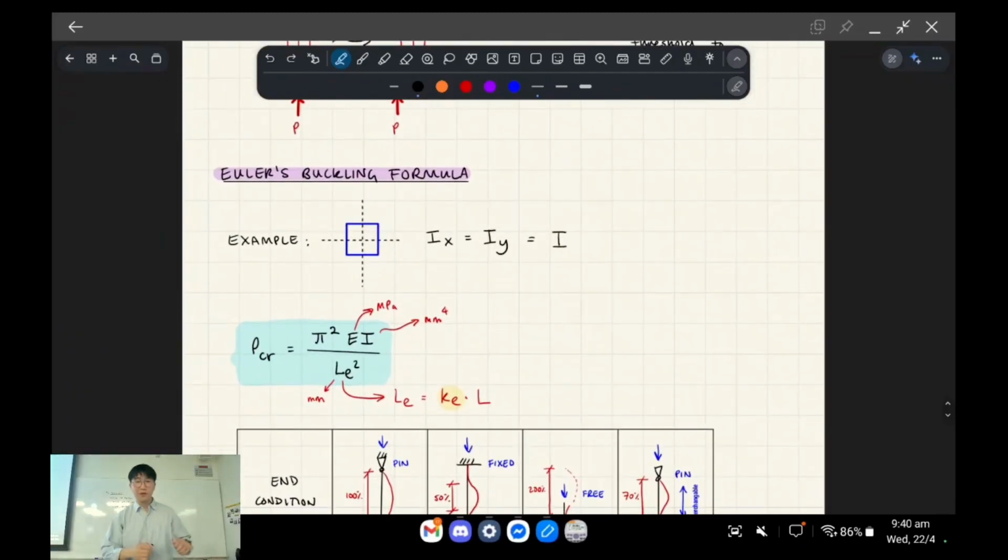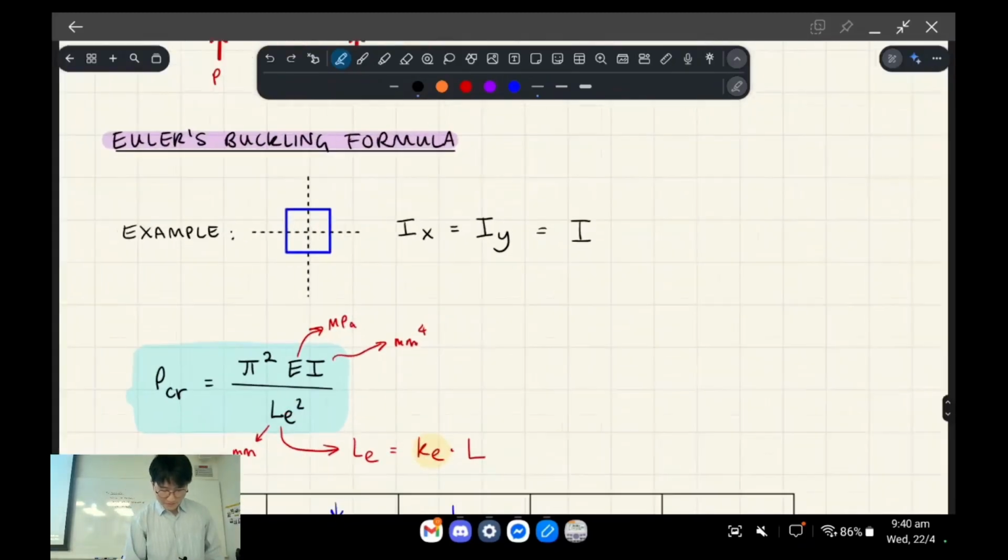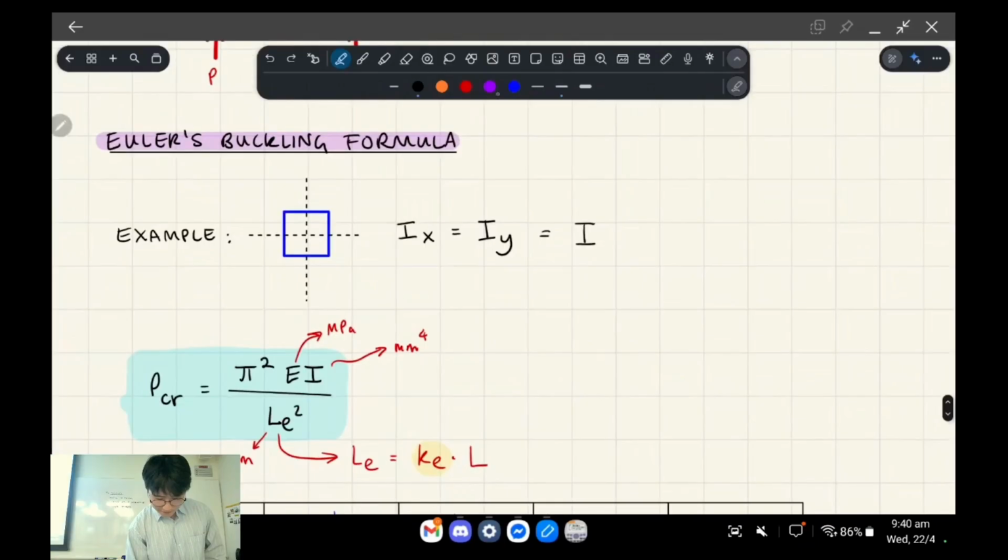Okay, so for a square, all right, I've got a question. So for a square like this, right, so square cross-section, we know the moment of inertia in the x and the y direction are the same, okay? So if you imagine a Mohr circle, right, in your head, what does it look like for a complete square shape?